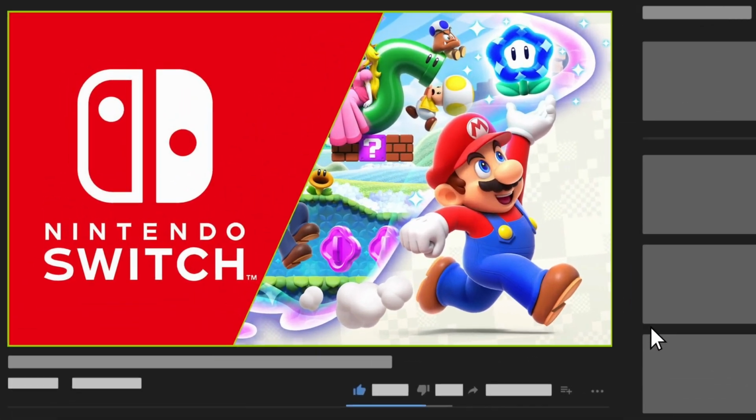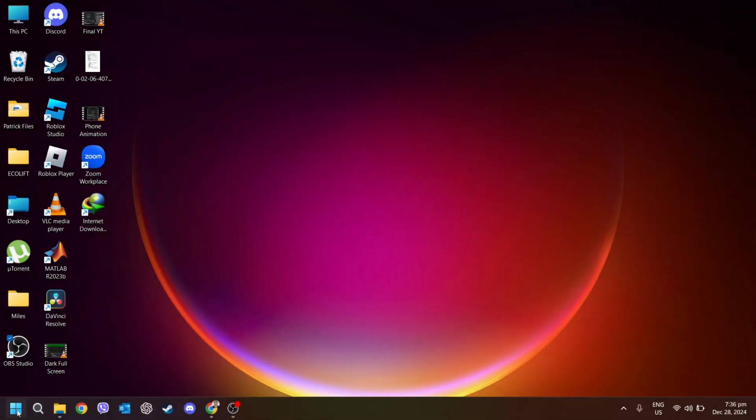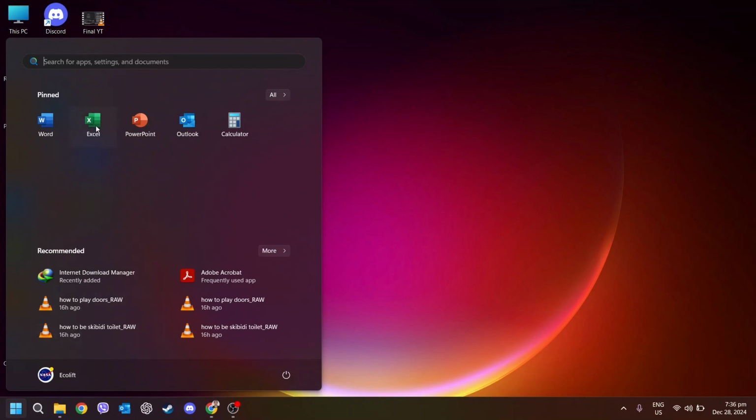You might want to record more than 30 seconds on your Nintendo Switch to capture longer gameplay highlights or create detailed tutorials and walkthroughs to share with others. To record gameplay from your Nintendo Switch using OBS Studio, the process is straightforward and can be completed in just a few steps. Begin by opening your PC and moving to your Windows system and search for OBS Studio